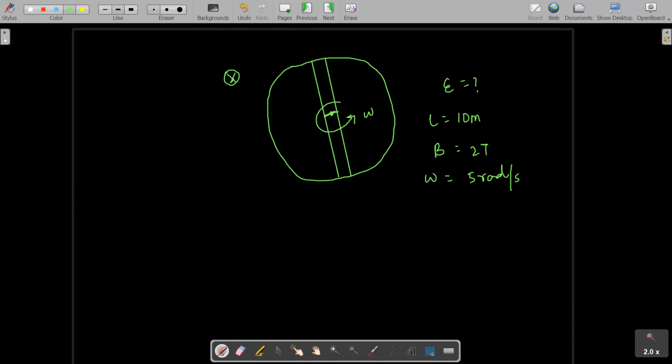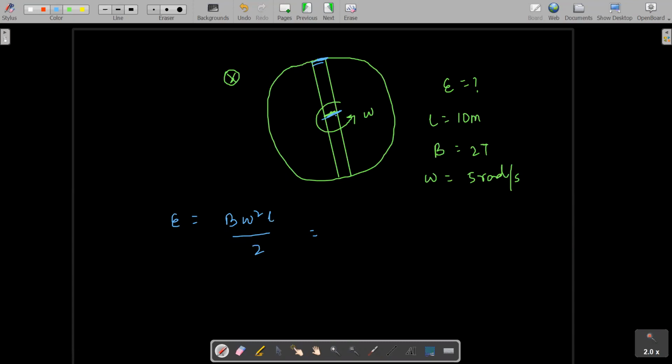Do it fast. See here, students. Length of this rod is how much? It is 10 meters, right? So we have already seen the formula. What is it? We have studied the formula. EMF induced is equal to how much? B omega square L by 2. Okay. But in that case, what was the length? It was from here to here. So what will be this length in this case? It will be 5 meters. So here we have to use L as 5 meters.